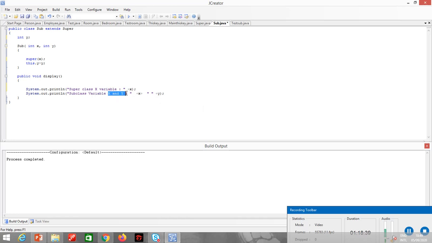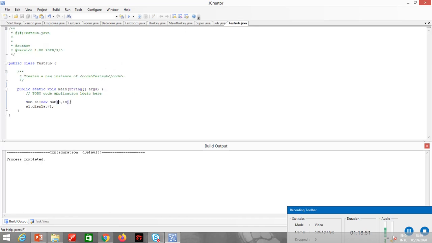Subclass variable, I just write y over here and I have only y variable. Alright, now what I do, let me just pass over here 100 and 200. Now let's just check what should be displayed.